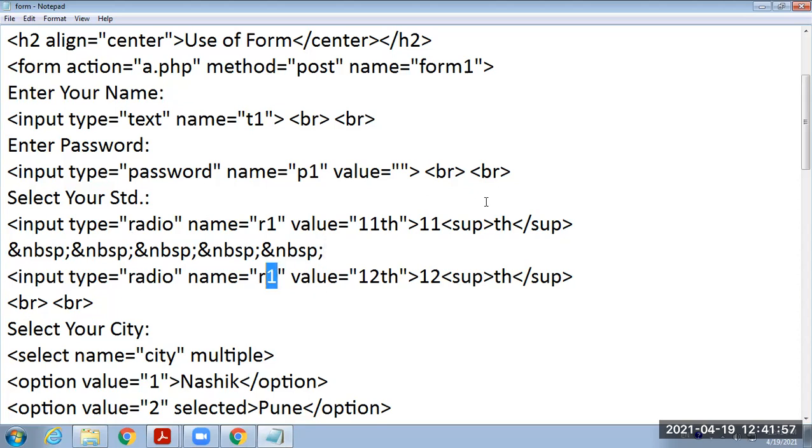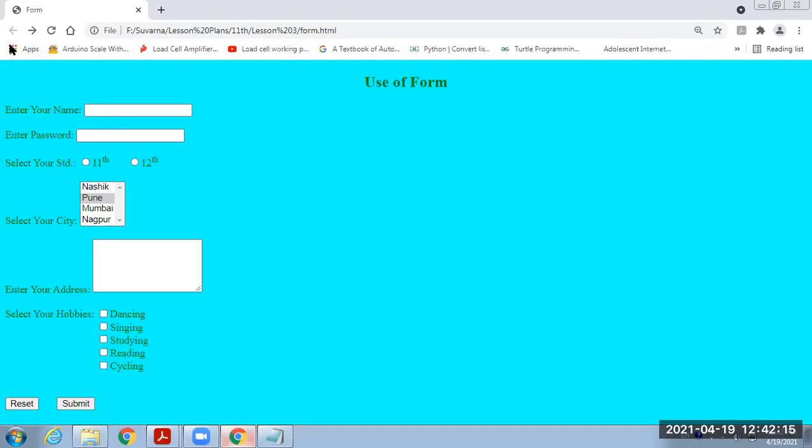If you are providing R2 instead of R1 here, what will you feel? We are using radio buttons, but we are using different names: the first radio button will have R1 and the second radio button will have R2. See what will happen.